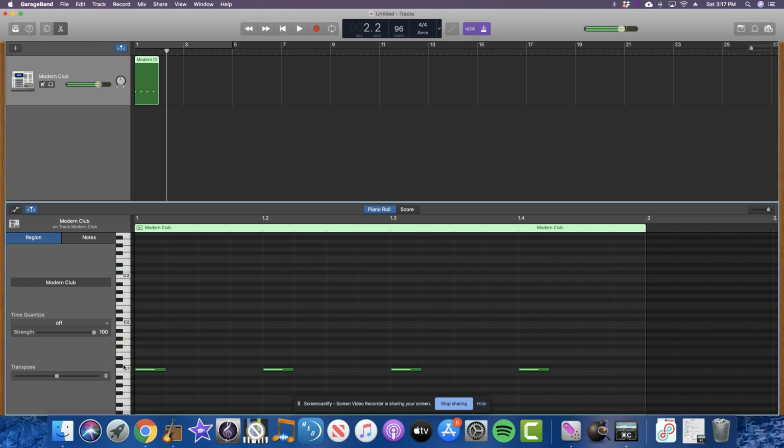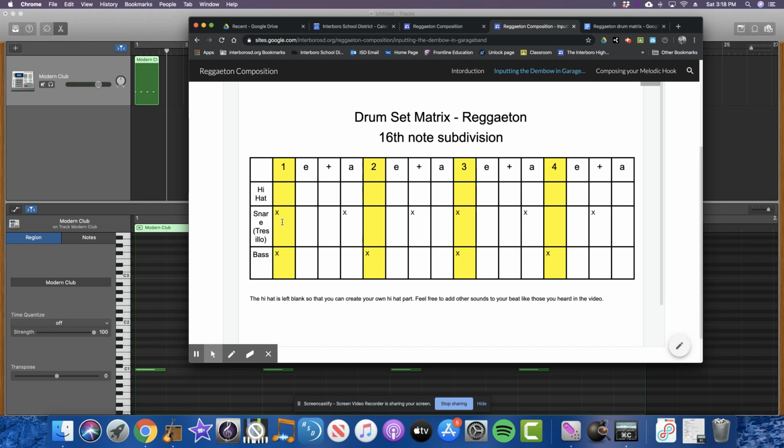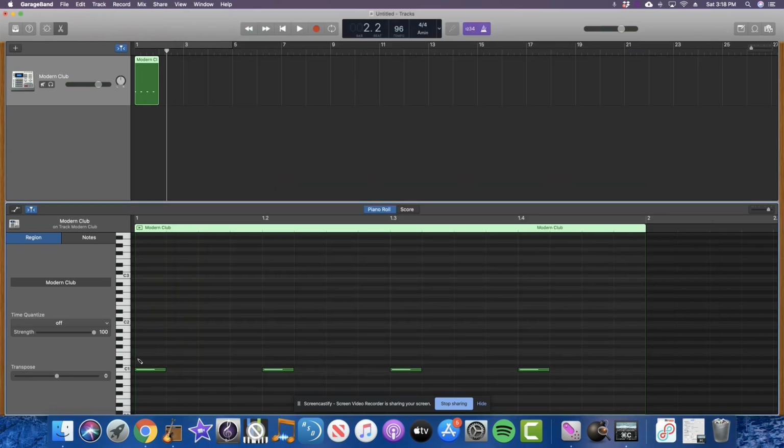And now I'm going to put in the tresillo pattern in the snare drum. I'm going to go with this, but you could use any kind of sound that would be an appropriate substitute for a snare drum. All right, so this is going to happen on the 1 and then on the and of 1. So the way we subdivide these 16th notes, we call this the 1, E, this is the and, and this is the uh. All right, so the fourth subdivision of the first beat, we're going to put the second hit of the snare pattern,